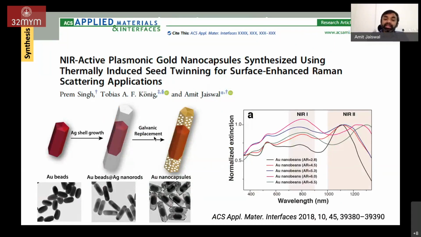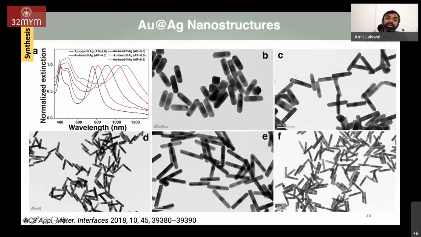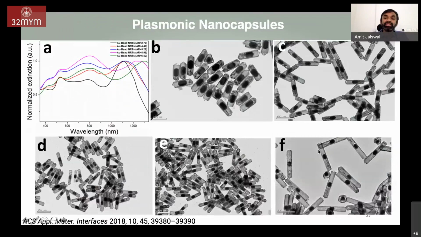So further, we thought, can we prepare a nanoparticle which has absorbance in the second biological window? In that case, what we did is we prepared an elongated capsular structure having a solid gold core and a rod-shaped porous gold shell, which will have absorbance in the NIR2 region as well. We followed the same process of generating a template. We prepared 5 different sizes of nanoparticles, which is AV over here, and then performed galvanic replacement reaction of this template